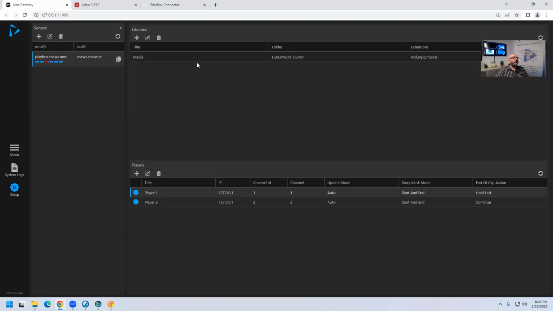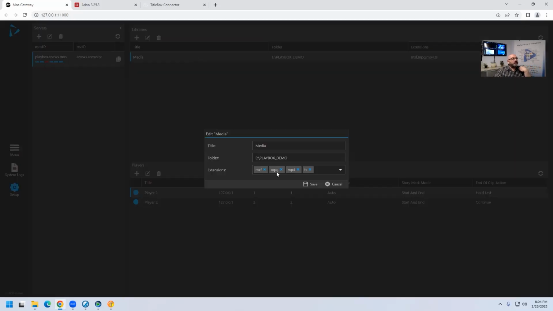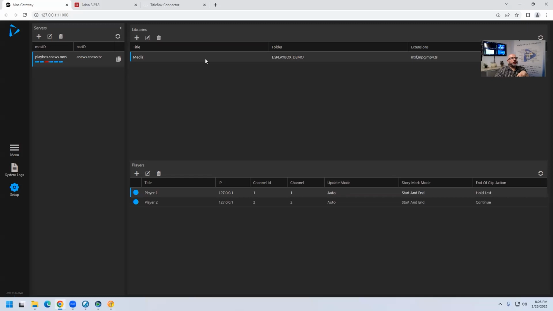First is a media server, basically where the media is going to be that this instance of playout will take the video files from. So we just give it a name and a folder. This can be a local folder or a network address somewhere on your local network. We define the extensions of the files we want to see, so we can filter out unwanted service files in this folder and see only the extensions of video files, in this case the ones I have here. So once this is done,